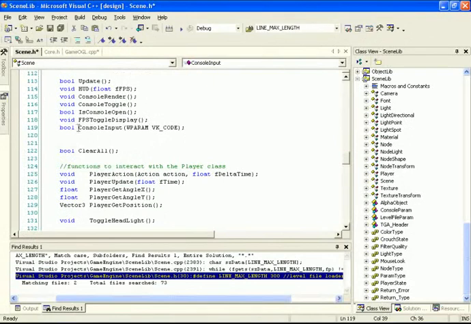The function itself is going to return a boolean, and it's going to take in a w param, and I've labeled it here as the VK code. So it's the virtual key code that we're passing in. Let's save that and open up